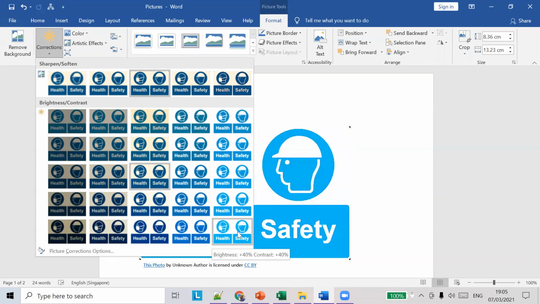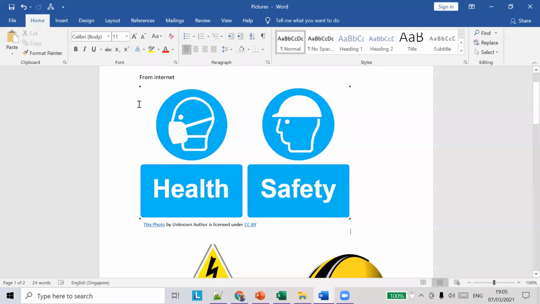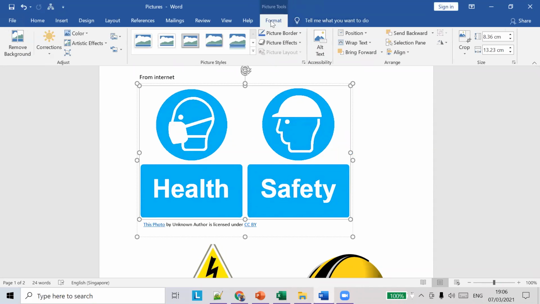It looks this color. It looks very bright, and contrast is plus 40%. They have some calculations also. If you choose, you can select this and save the picture. So you can adjust the contrast and all those things using this option. Apart from that, let's see what else we have.